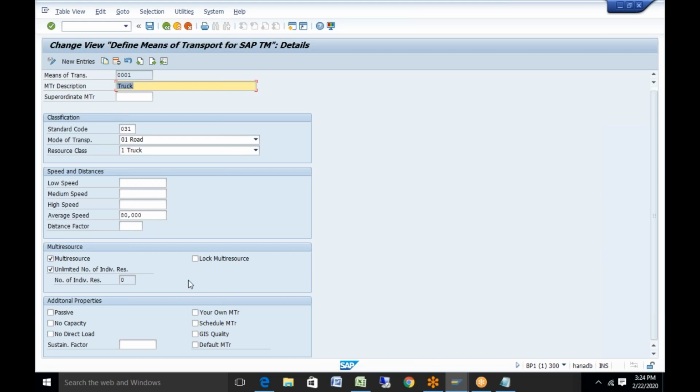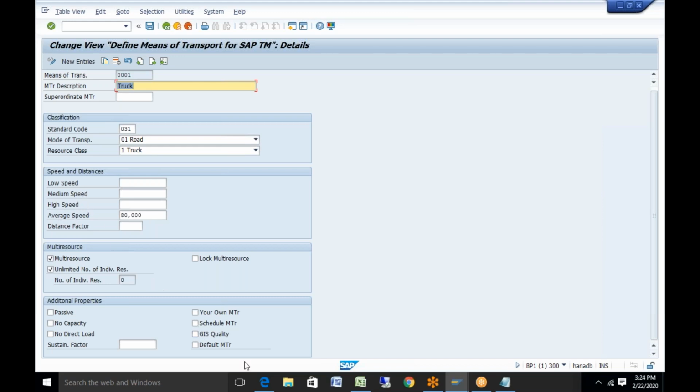So if it belongs to your own fleet, then your own MTR. If you want to use a means of transport in your schedule master, which we saw last time, for which schedules are allowed, then this was the tick mark. And regarding GIS, I have told you that in case you want the distance and the duration determined by a specific service provider, then you need to put a checkbox here, and in that case, these speeds will be used.